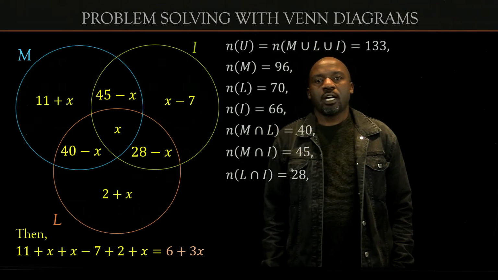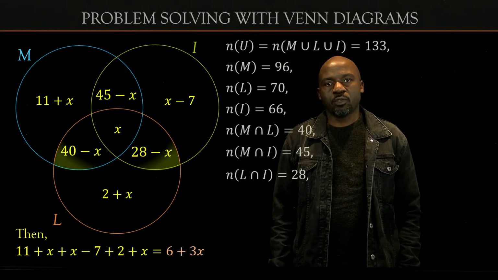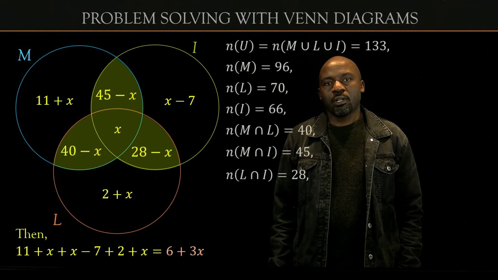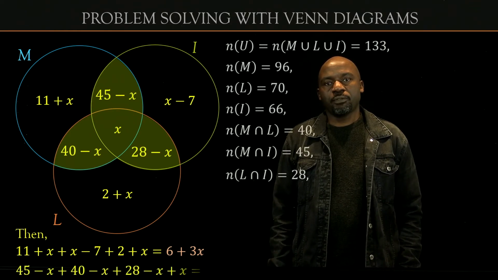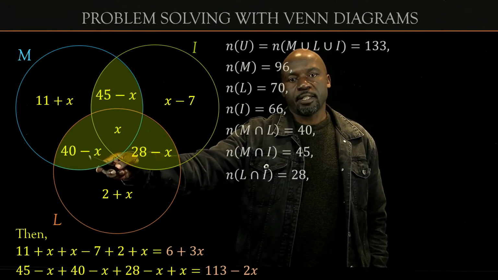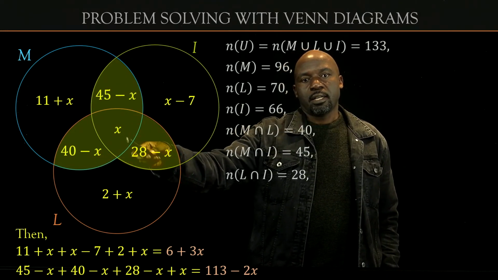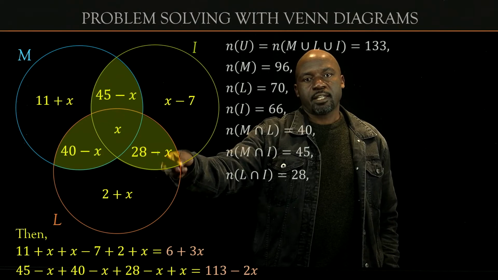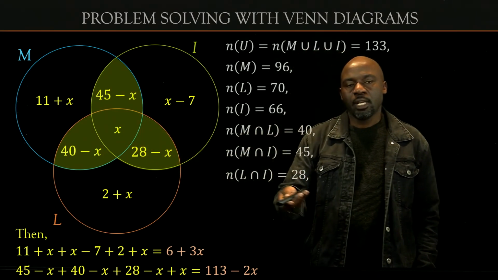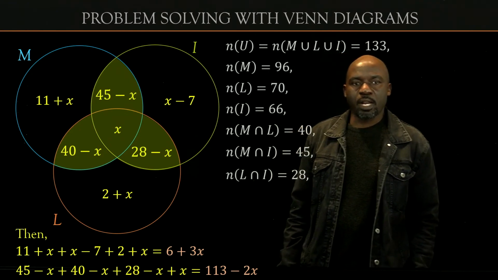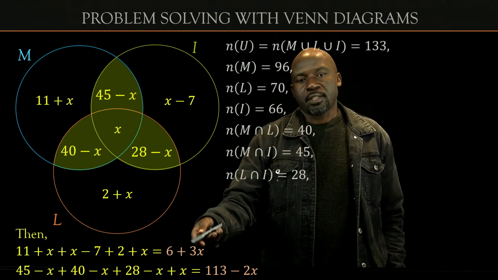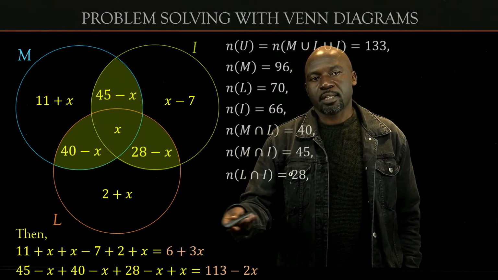And if we add the remaining parts which are inside there, those are the intersections, if we add all those together, that is going to be 45 plus x plus 40 minus x plus 28 minus x plus x. If we add all those together, please do it, you should get 113 minus 2x. And so the sum of this and that must add up to